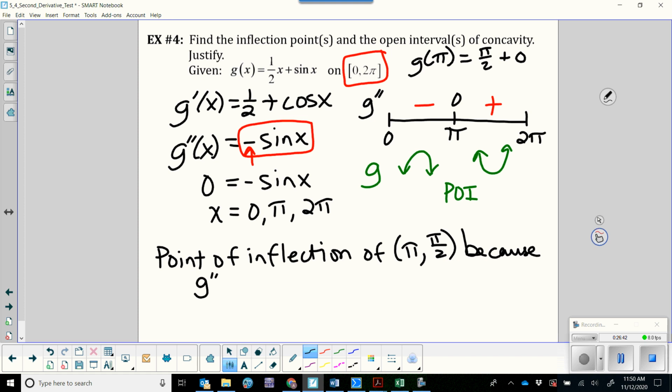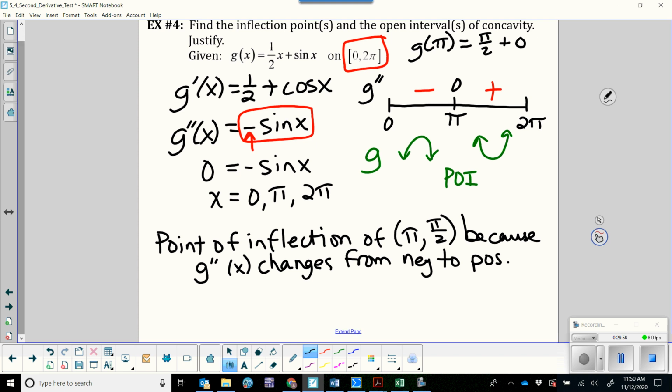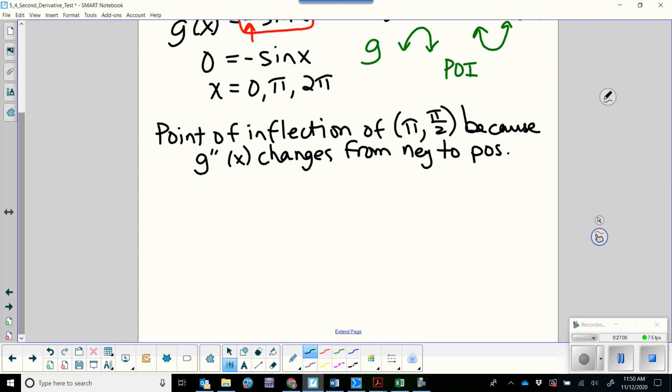G double prime of x changes from negative to positive. Okay, so there's my reason that it is in fact a point of inflection, because remember, it was just possibly a point of inflection. The concavity had to change for it to work. Then I want to say G of x is